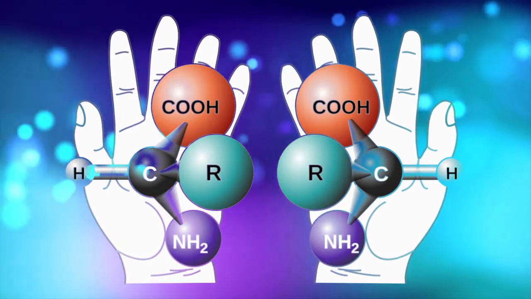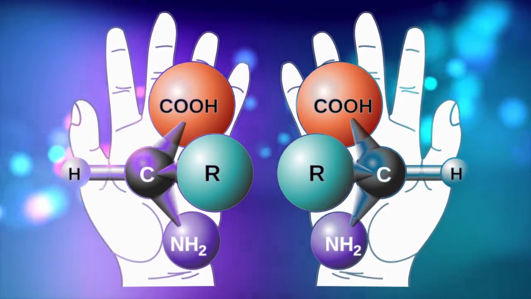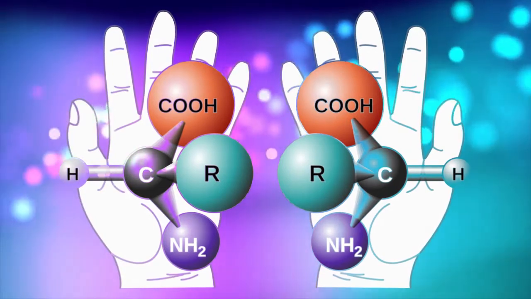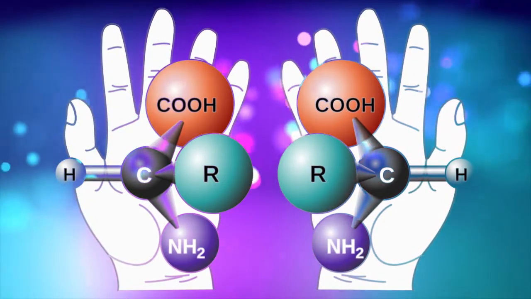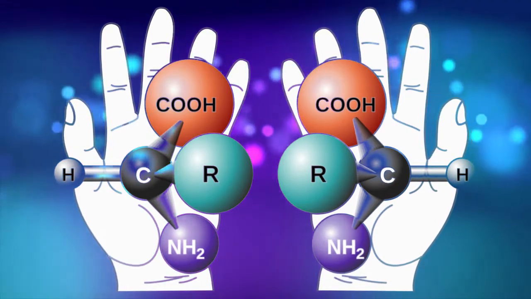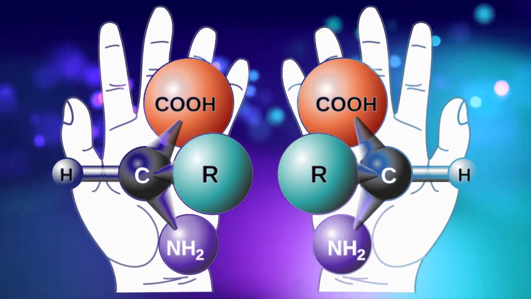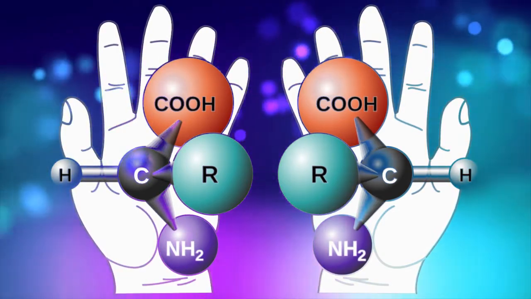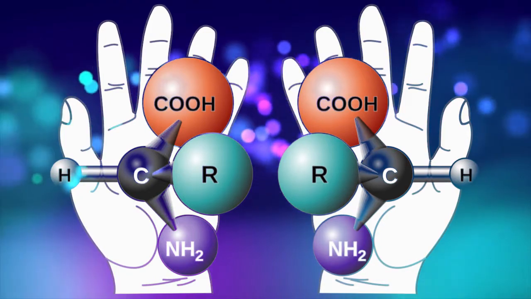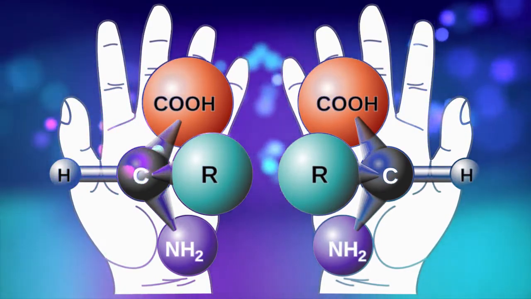Same thing happens to our legs also, right? Our legs are also not superimposable on each other. So if they are not superimposable on each other, then they are called chiral. But you cannot say our hands and legs are chiral because it cannot be considered from the carbon point of view, right? So basically the hands that are present here on the screen, you will see that one carbon molecule is also shown there.